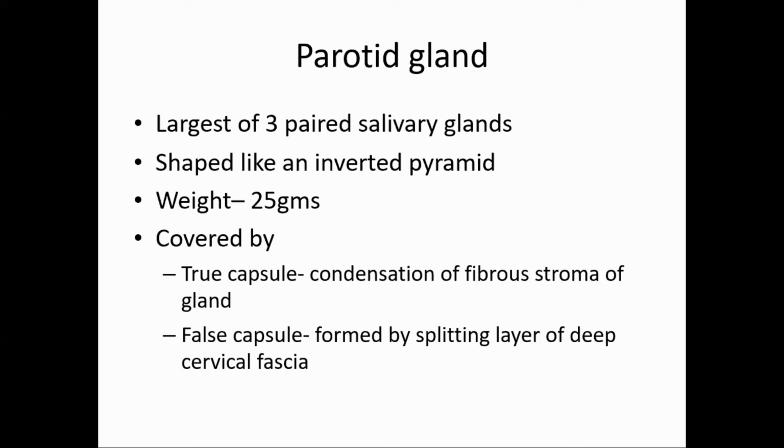The superficial layer is also called the parotidomasseteric fascia. It is strong, whereas the deep layer modifies, or there is a thickening of the deep layer of the false capsule, to form the stylomandibular ligament. So how is the stylomandibular ligament formed? It is formed by the thickening of the deep layer of the false capsule of the parotid gland, and the functions are